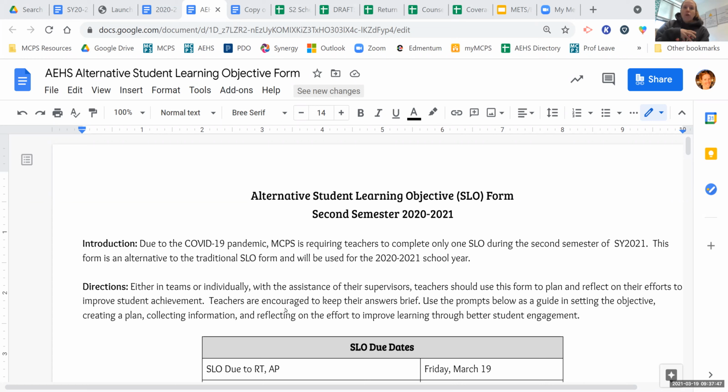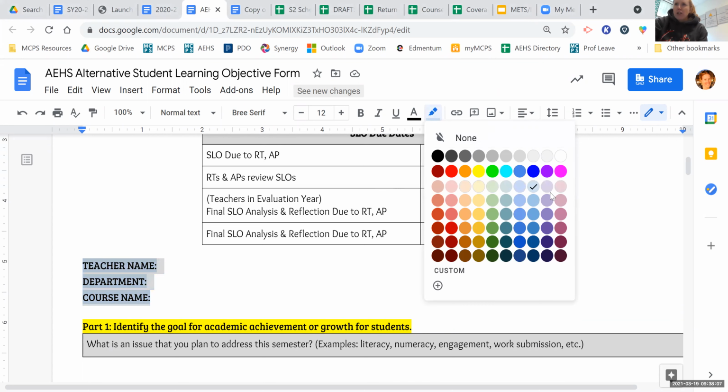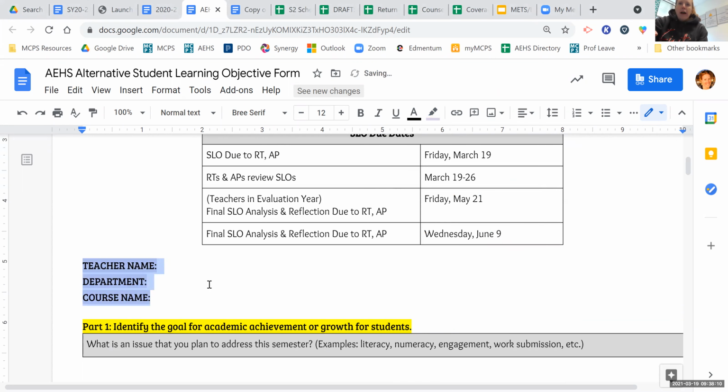In this video, I'm going to walk through the different components to explain what you need to put in each box, and walk you through the explanation of what you're looking for to measure your SLO. So at the very beginning, please look for anything that is highlighted, let me just change the color, in this light purple, and this is what you need to add to the form for yourself. So your name, your department, and the course name